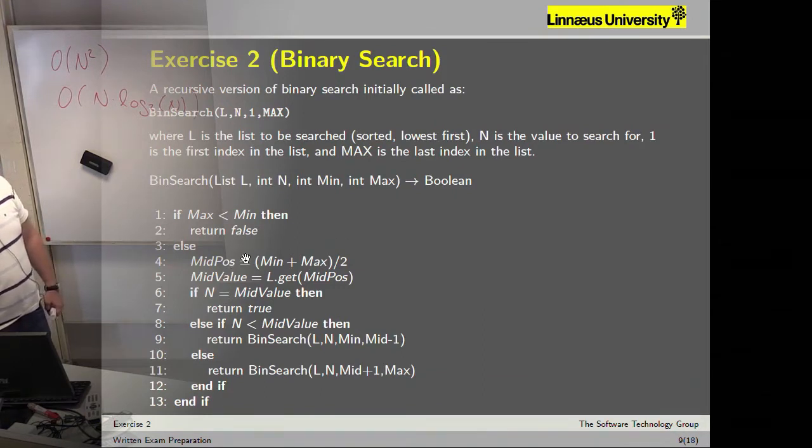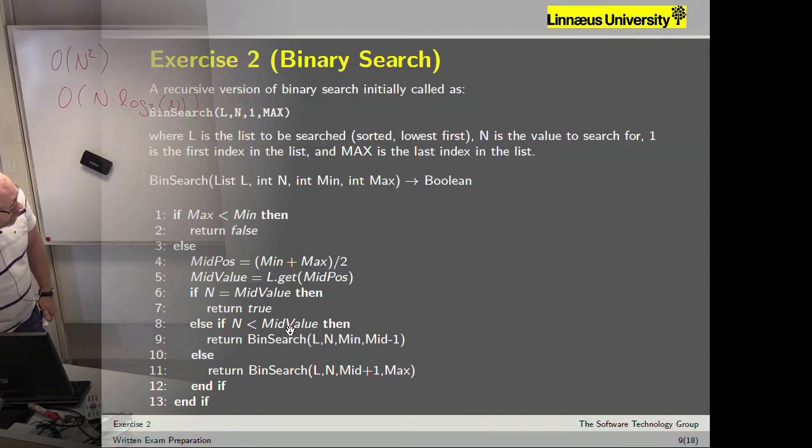We are computing the mid position. The mid position is min plus max divided by 2. We pick out this mid value, and if the mid value is the one we are looking for, we are done. We have found the element. If the mid value is larger than the one we are looking for, we should search